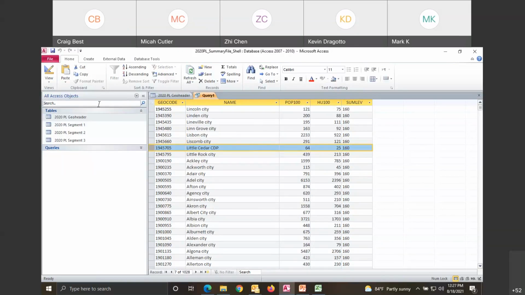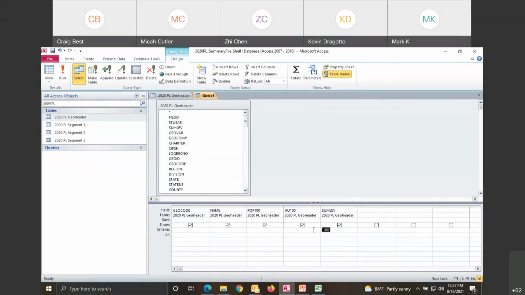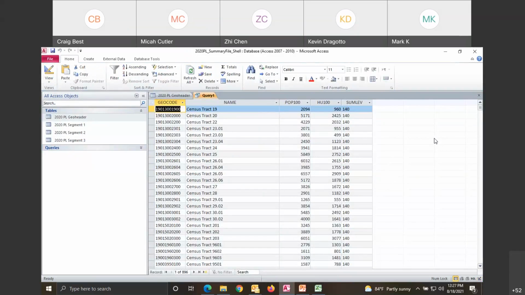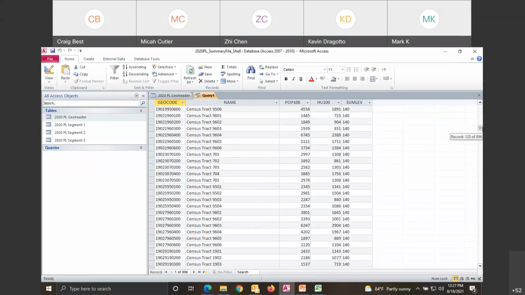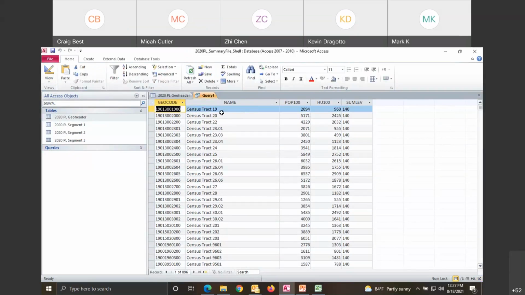Now, what if I wanted to do, let me grab my trusty sheet here. Maybe you want to do census tract. I look up the summary level for census tract and I see 140. Then go back and click on design view. Take out my 160, simply enter 140, click on run, and there are my census tract values. Okay, these are the census tracts for the entire state, for all counties. If you want to do one just for your county, can we do that?